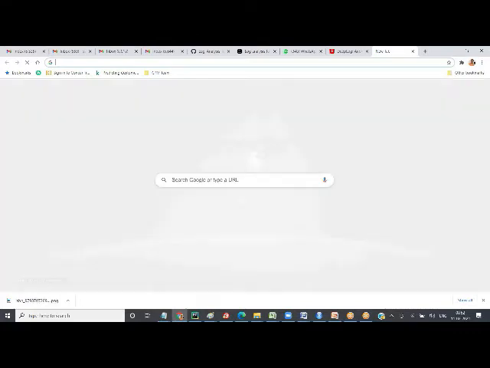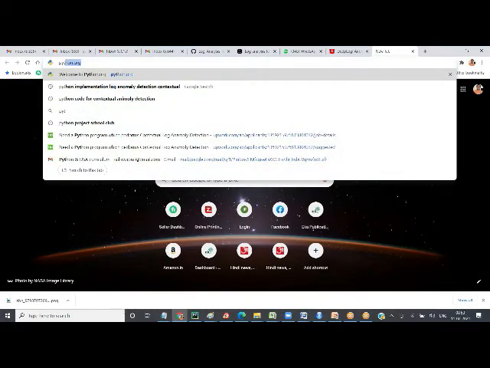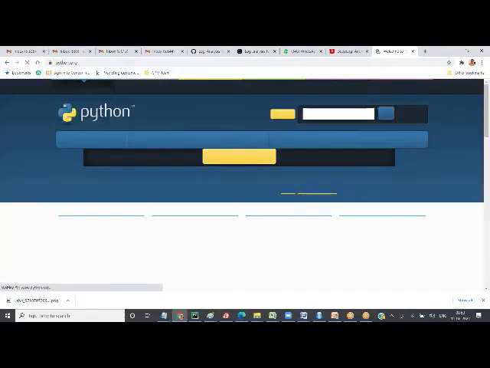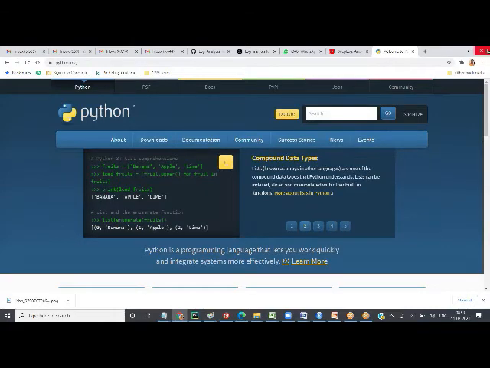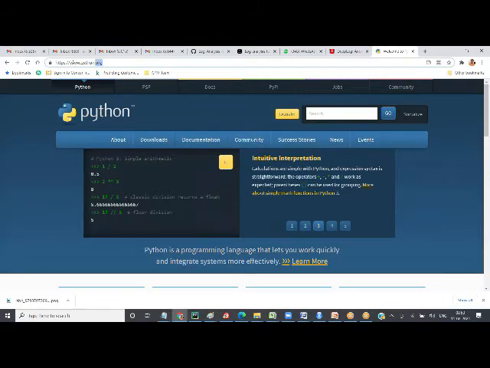So let's say first Python. python.org is the official homepage of Python. All the documentation, everything is kept here. We will slowly see how to use this. If you have to learn about something new, you can search here and it will give you all the information. So python.org is the official website. You can even download the source code of the Python program. You have source code in C, Java, and I think in C# also they have.